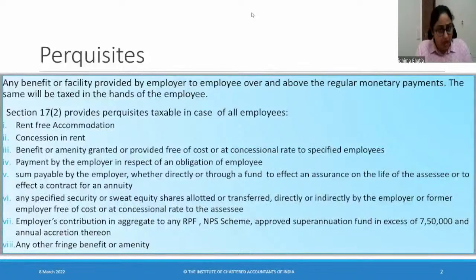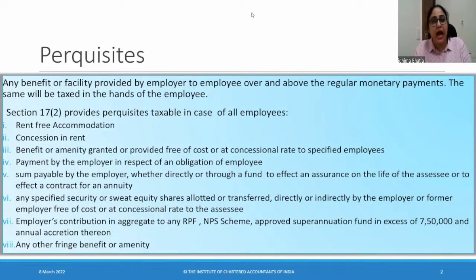Like house rent allowance, even if you have your own accommodation, company has a standard policy of giving house rent allowance, so they'll give you house rent allowance. It's on you whether you are living in a rented accommodation or not. If you're not living in a rented accommodation, then obviously you'll not get the exemption, hence your amount would be taxable. Perquisites के case में these can be written at the time of joining,